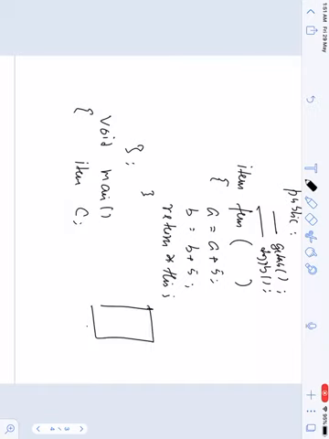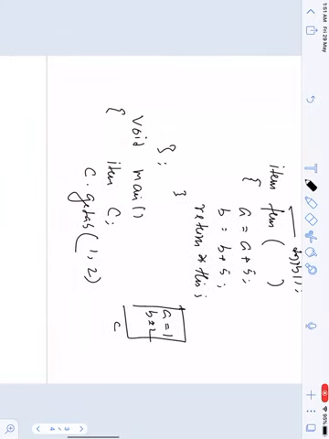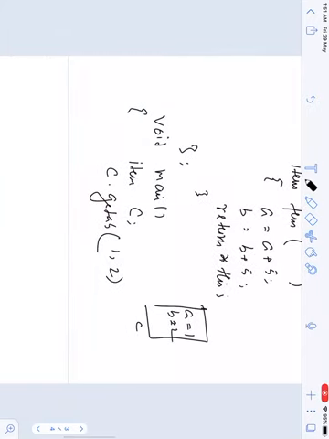So C is created. I am giving C dot getAB, calling the function getAB, and the values are 1 and 2. A equals 1, B equals 2 is set. Then C dot fun is called, and when it is called,